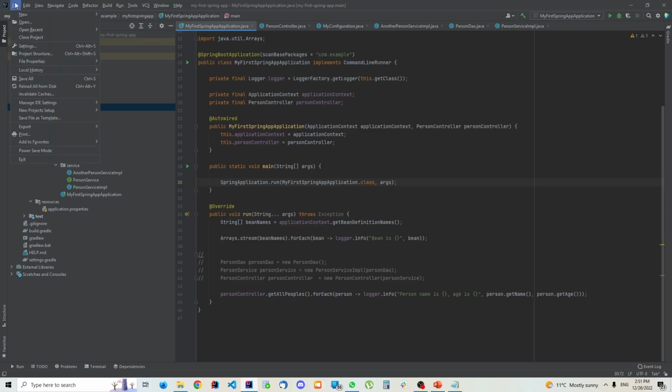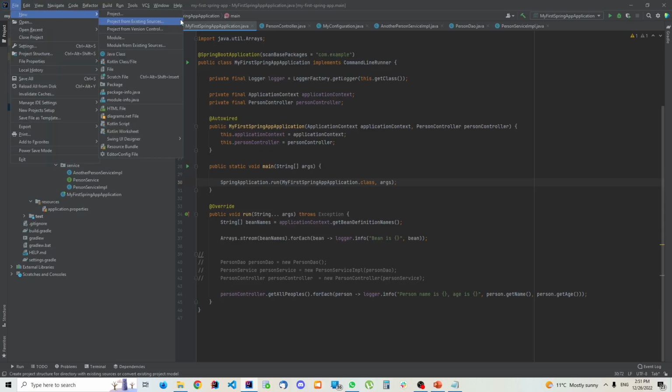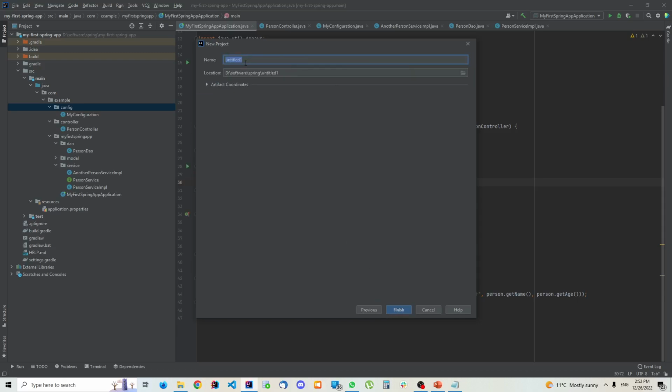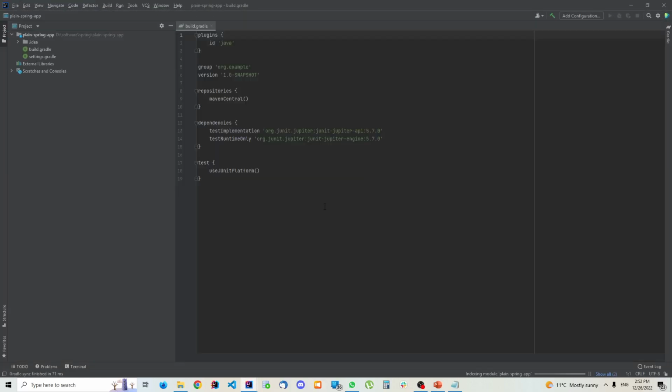So I'm going to go here, File, New, and just from the beginning, you don't need to code this with me, but if you want, it's fine. It's just an example to show you the difference between these two, Spring and Spring Boot. So new project, I'm going to go to new Gradle. Next I'm going to put plain Spring app, finish, new window,